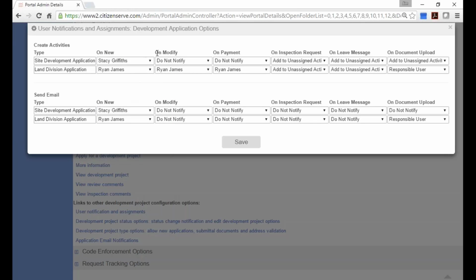Now, we can get notifications if something's been modified, and if someone makes a payment, you can notify somebody. If there's an inspection request on each application type, you can do that. If somebody leaves a message, and of course uploading documents. A lot of times we'll set the upload documents to